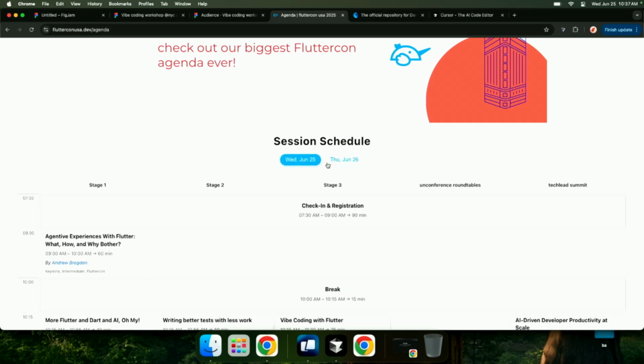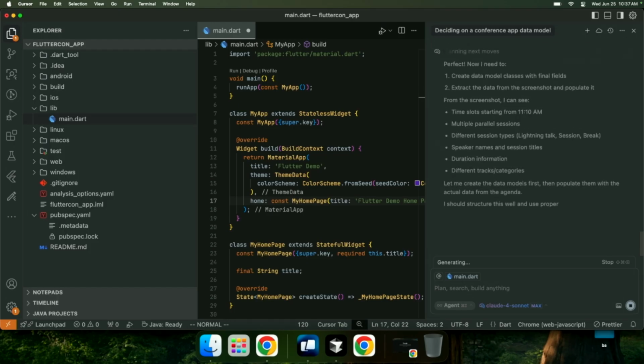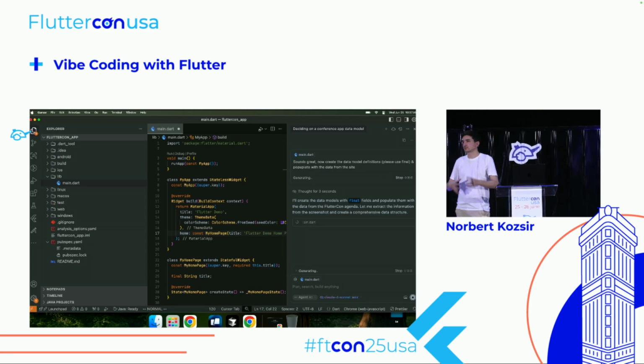We'll see if it extracts both days. So we just gave it a website and told it to do whatever it needs to do. It's thinking, it's creating files, and let's see where it's going. I haven't thought about the architecture just yet because this is the first step we want to take, and we will see how we continue from here.